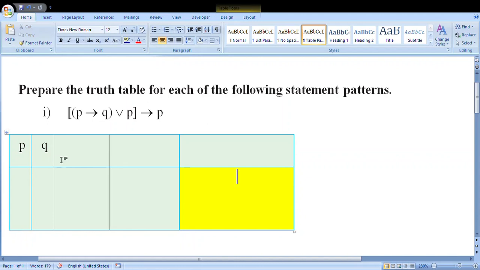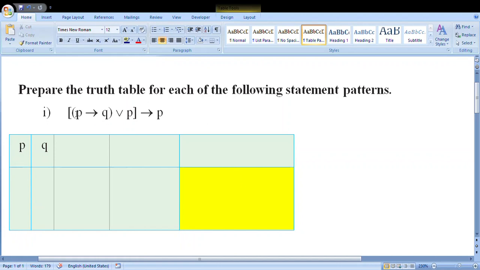Next, we are dealing with three statements, so we are going to write P, Q, R. Here we are writing P, Q. Then for preparation of the truth table, how many extra columns are needed? Just count the symbols given in the question: 1, 2 and 3. That means there are 3 extra columns in the table. So P, Q, R are the basic ones.